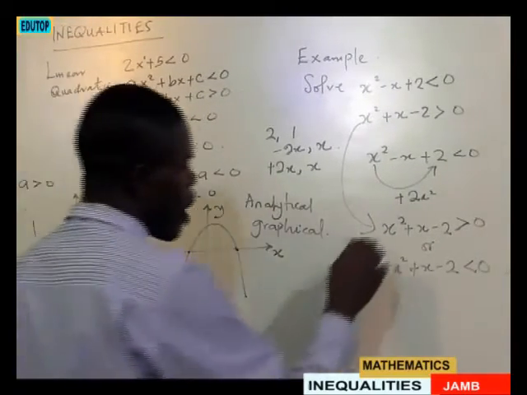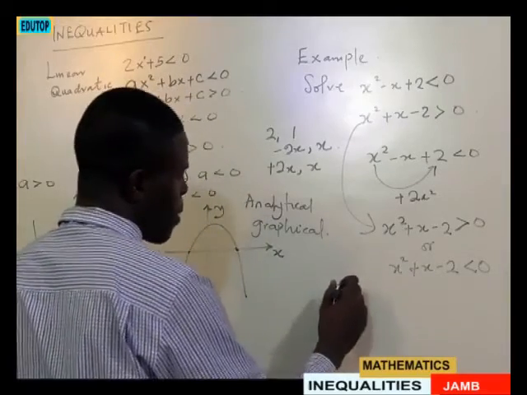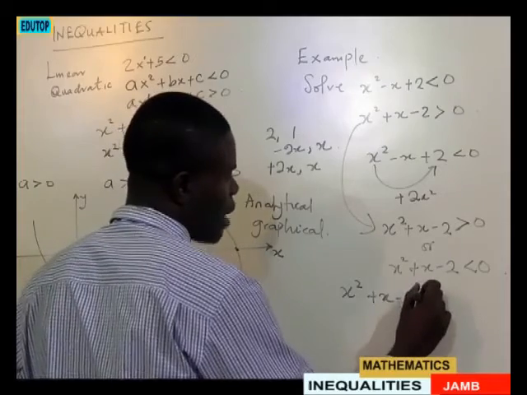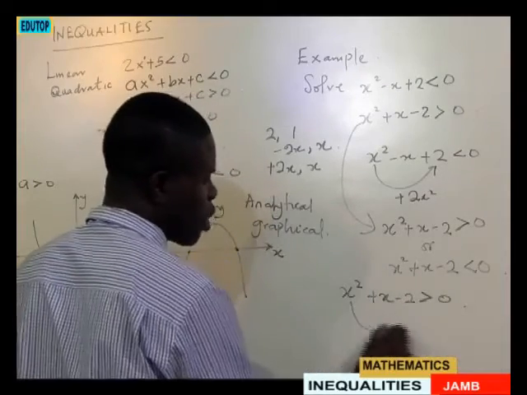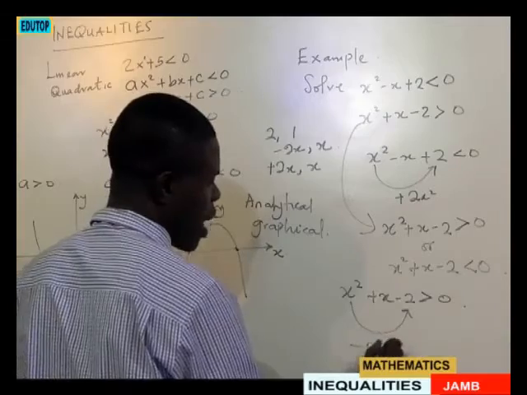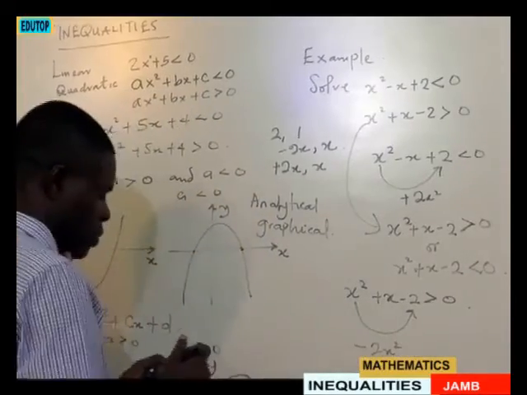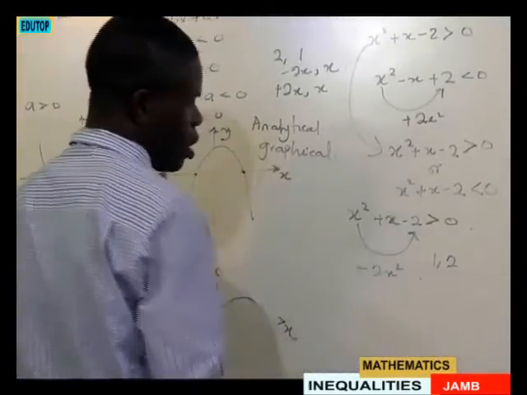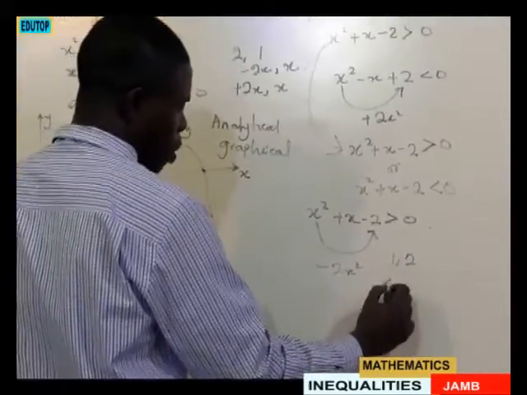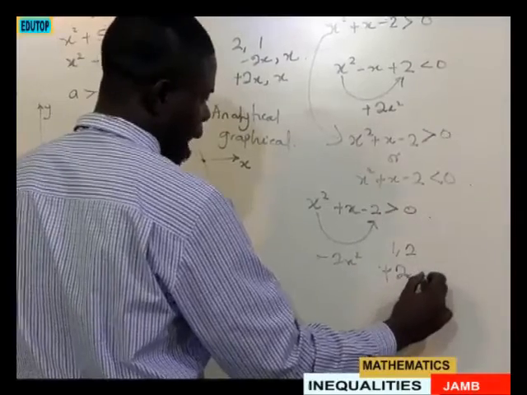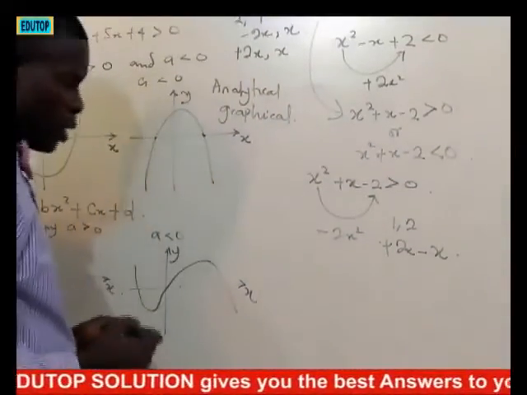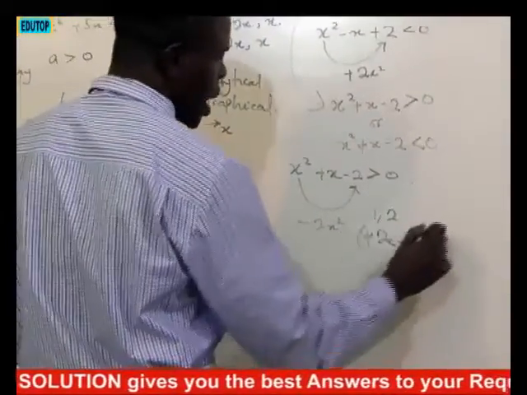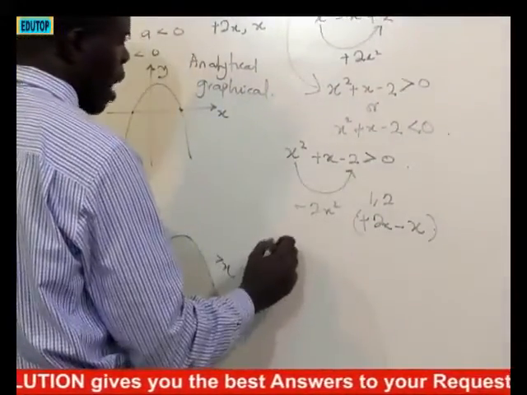So just pick it: x squared plus x minus 2 greater than 0. I'll use this to multiply this, so I'll have minus 2x squared. So I'll look for the factors. Now, what are the factors of my 2? You have 1 and 2. Then the one that will give us the middle term will be plus 2x minus x. So in that situation, anywhere I see x here, I will replace with plus 2x minus x. So in that situation, I will have x squared